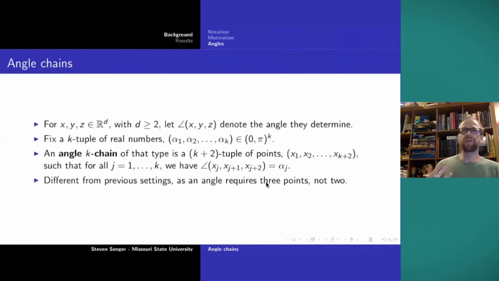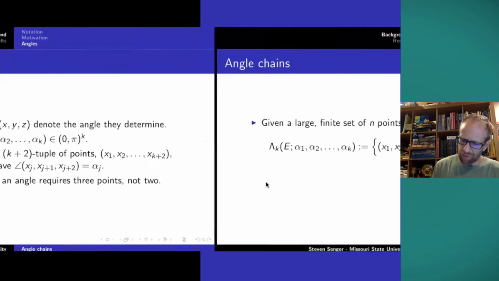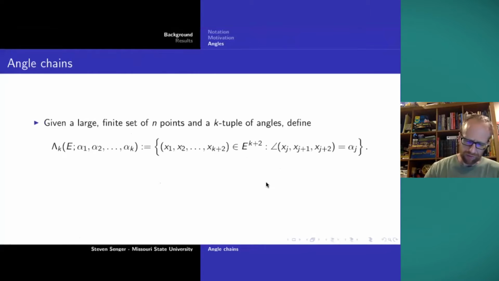What I got from studying this is that we're doing the wrong thing, that angles somehow want to be studied by using lines. And this is just my personal opinion. I don't know how much my co-authors share that opinion, but as we push forward and you'll see the different results, I got this strong feeling that if we were stating this in terms of lines and not points, we would probably have some sensible results. But there are these really peculiar things that come up when we try to state things in terms of points.